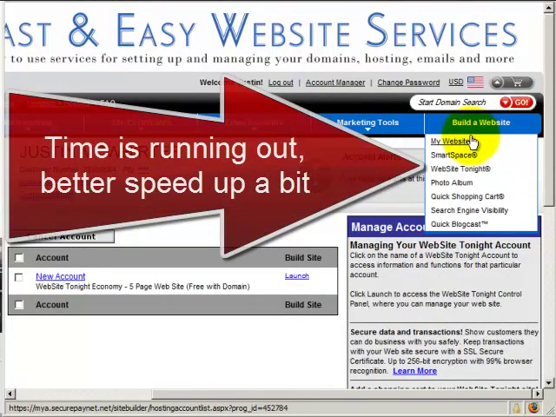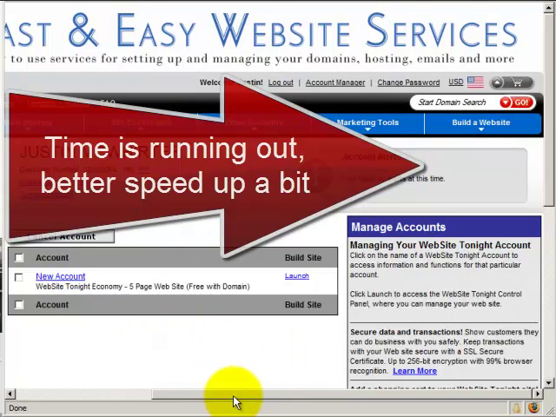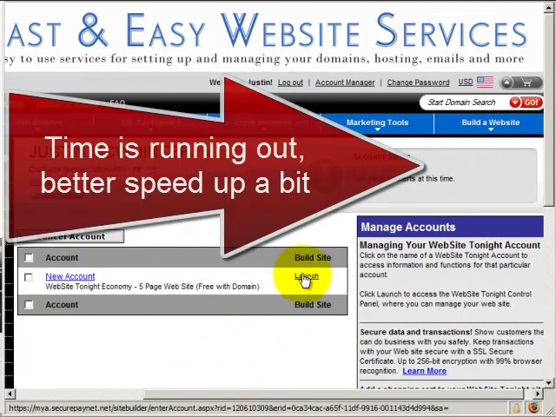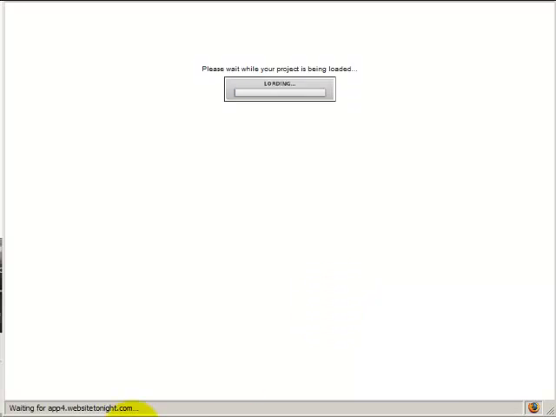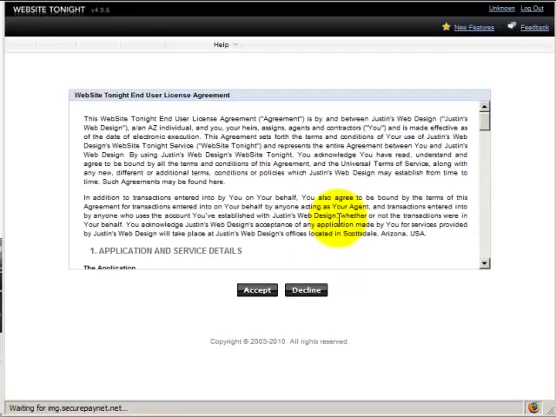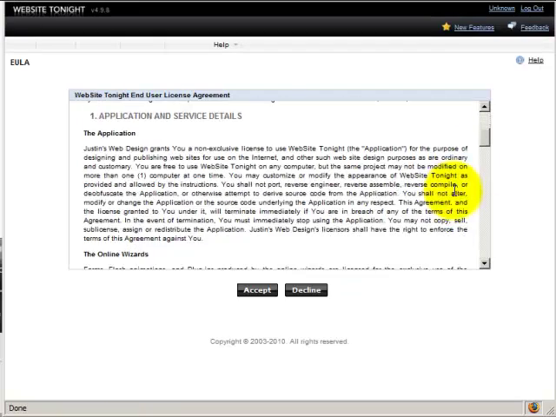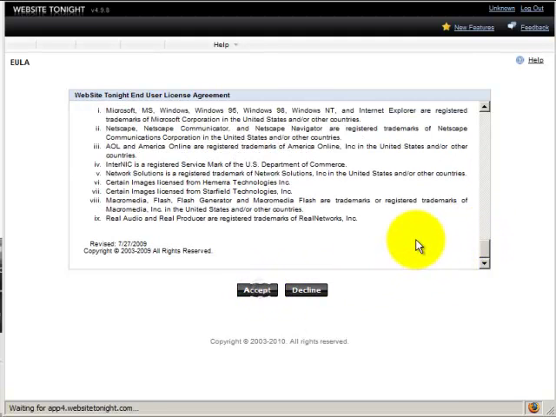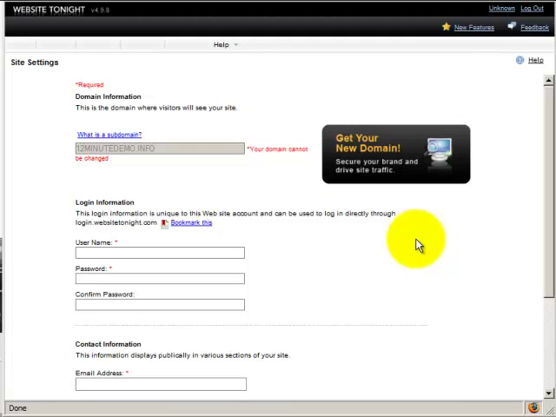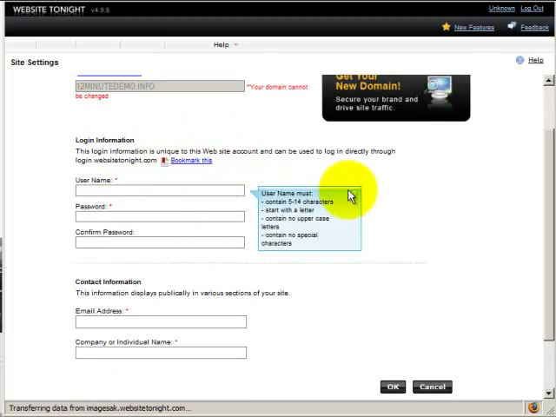You go to build a site, my websites, and you end up on this page. It says new account, and then it has build a site, build site, and you hit launch. And this is the very next step you would take after you purchase it. Then you hit accept. It says what domain do you want to use. I only have one domain on this account, so it's automatically put it in there. You put in a username,